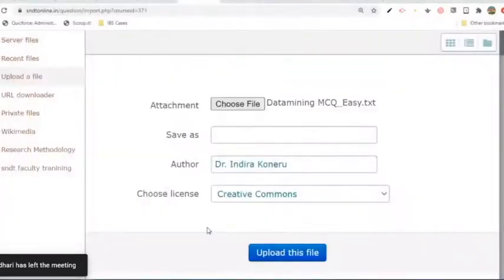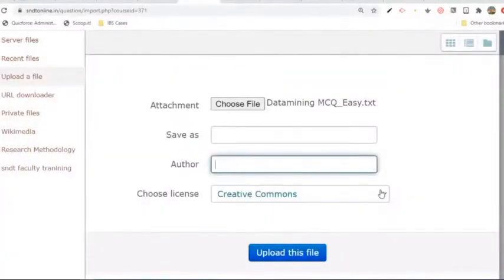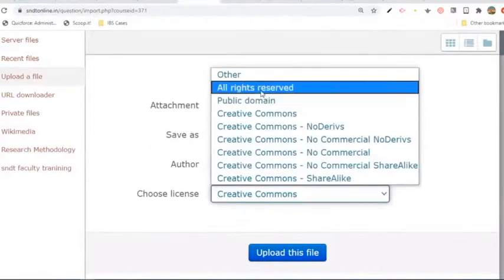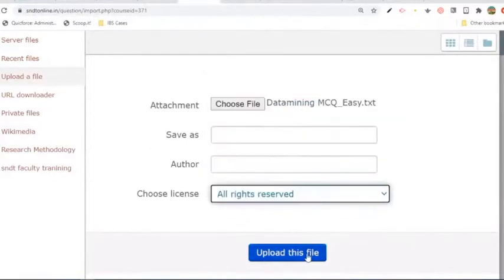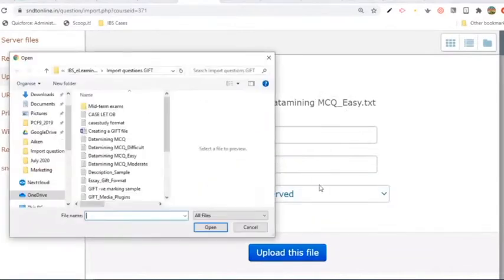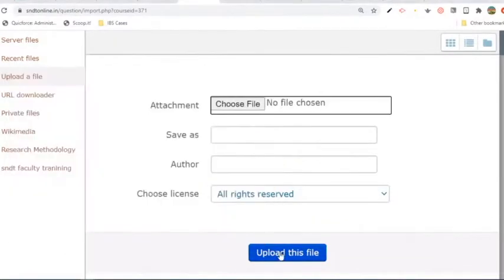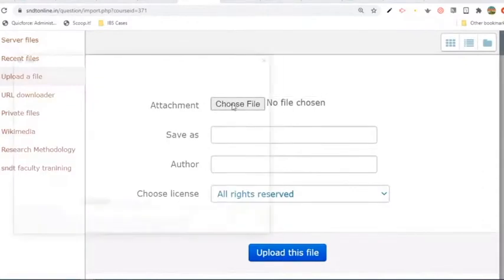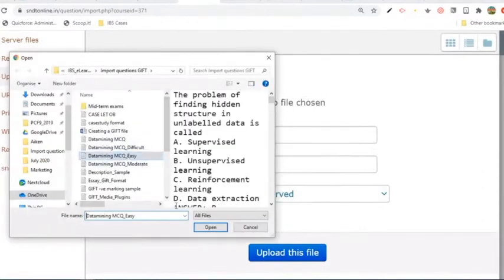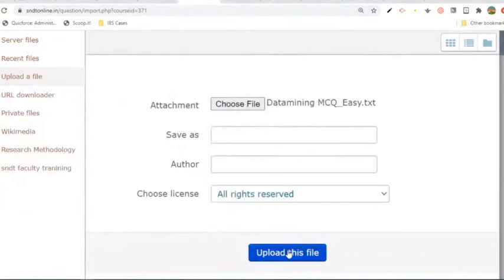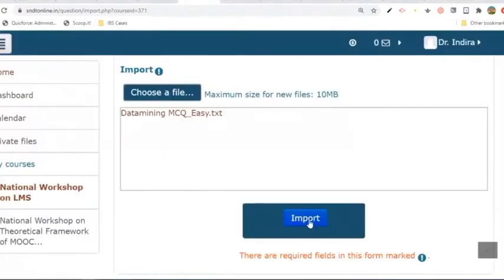I click on open, and as I said, these are not my questions. I cannot take undue credit. So here we have the file already uploaded. Let me click on data mining MCQ easy and click on open and upload this file. Then the next step is we have the button import.